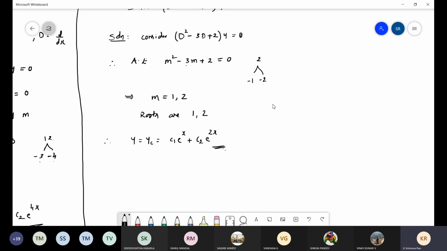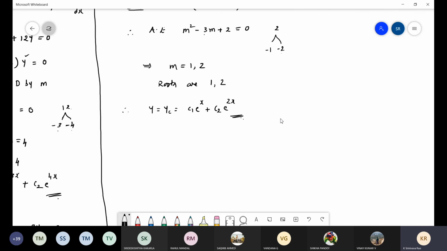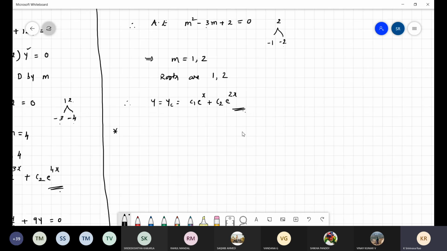Actually, they will not ask only RHS equal to 0. It is very rare. If they ask, it should be 6 marks, but it is not worth 6 marks, so usually we give 2 to 3 marks for this. Calculating YC is the common part, and you will get a minimum of 2 to 3 marks. One more part is YP, the particular integral, which depends on the RHS.